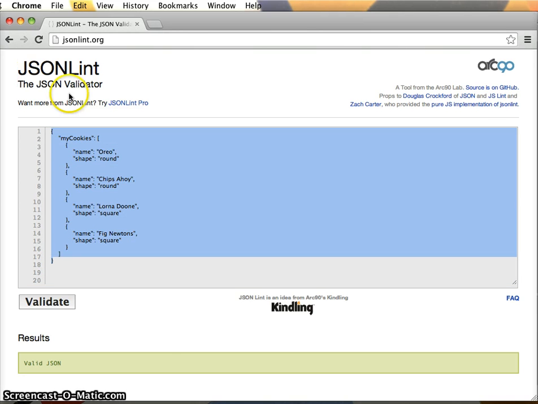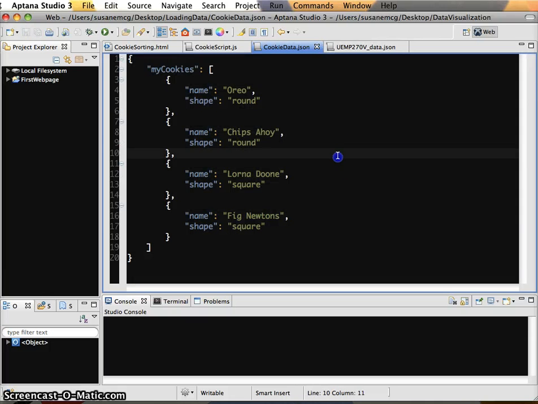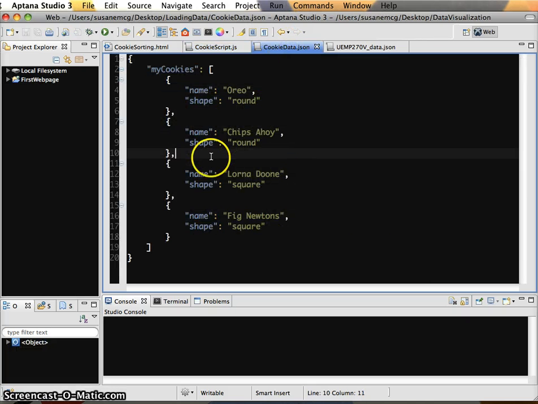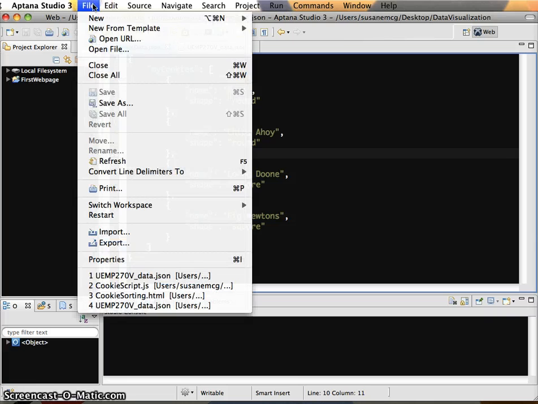So I'm actually going to, once I've done that, take this and paste it back in so that I have a nice, pretty JSON file, okay? So this is an example of converting a JavaScript variable that is an array of objects into a separate JSON file. And so if I wanted to see how this works in my file set from this afternoon,